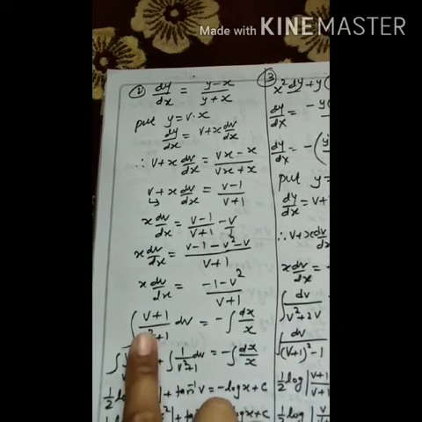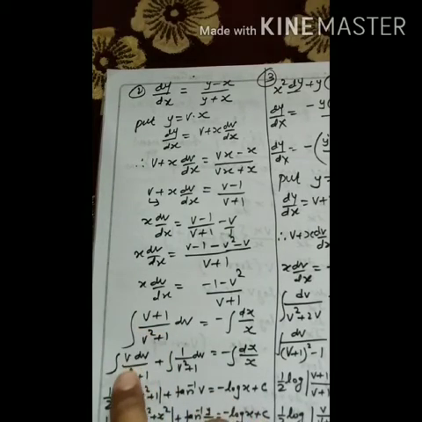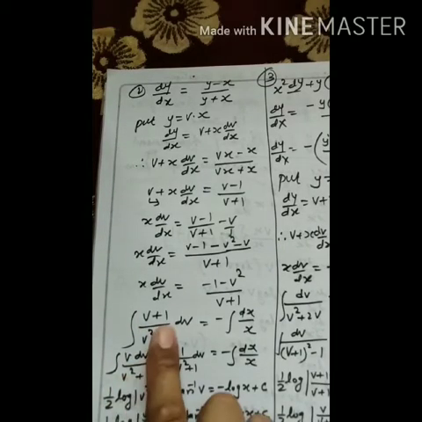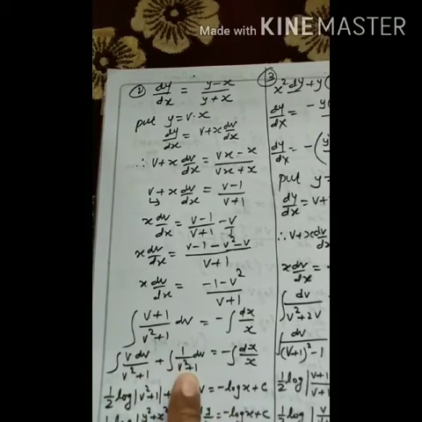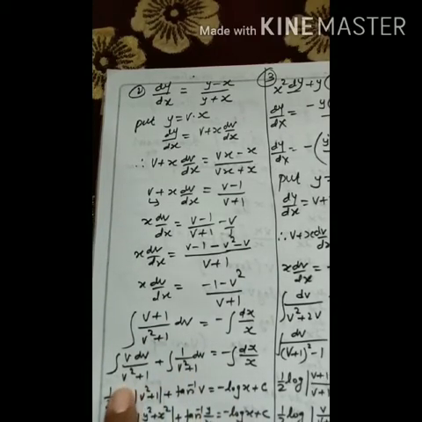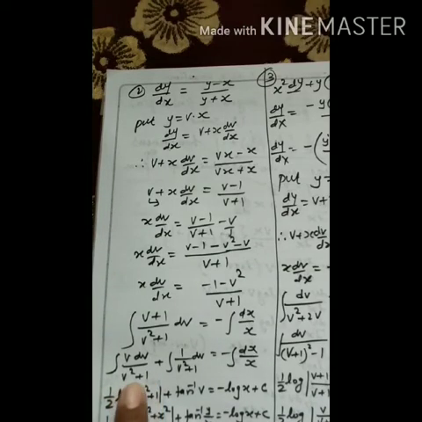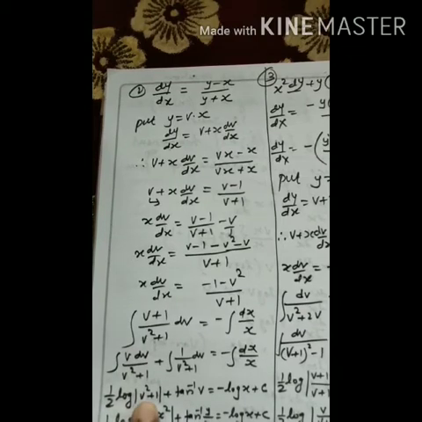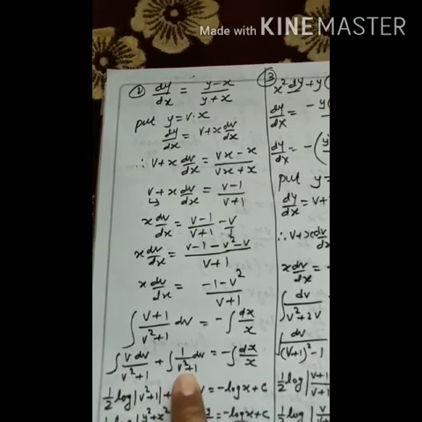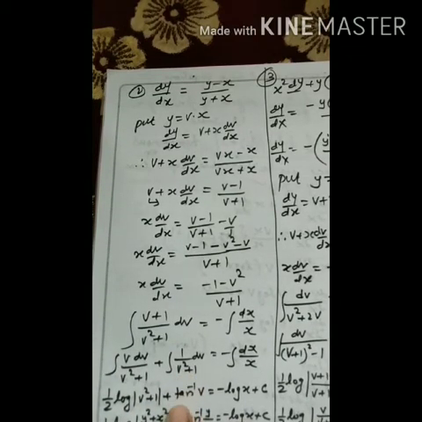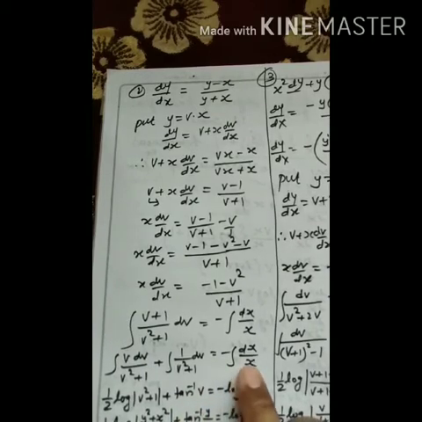So here do the partial fraction, v dv over v square plus 1 and plus 1 upon v square plus 1. So in this, put v square plus 1 as t, and we will get 2v dv equal to dt as the derivative. So this v will cancel out, and 1 upon t, integration of 1 upon t is log v square plus 1. And here this is the formula of tan inverse. So write tan inverse v, and here minus log x plus c.